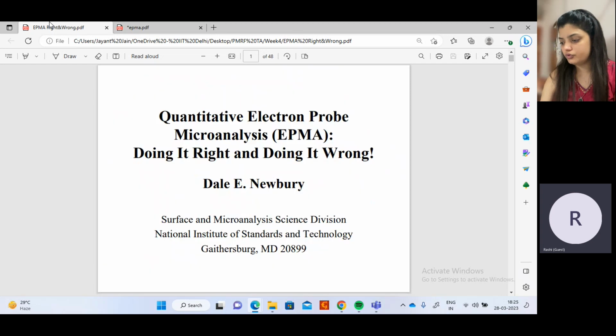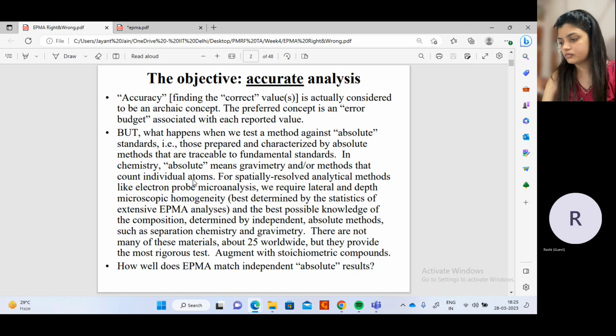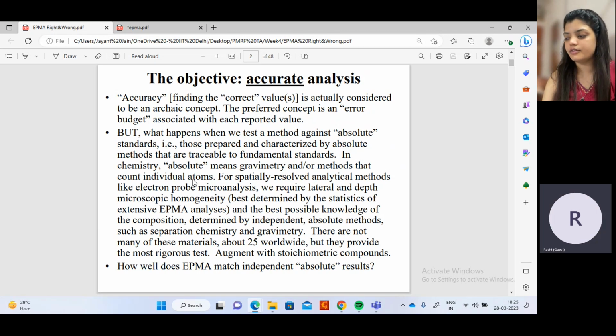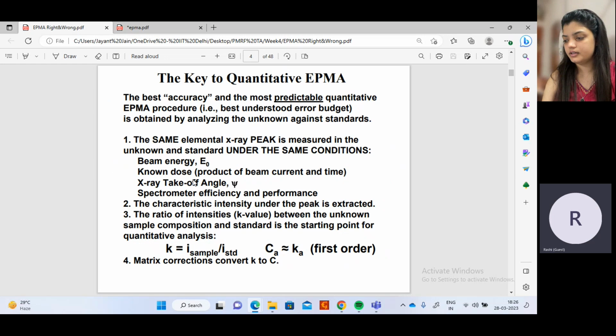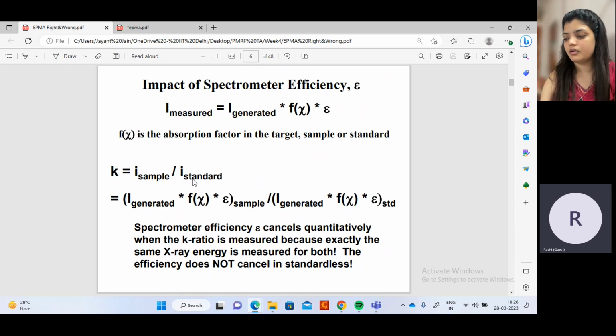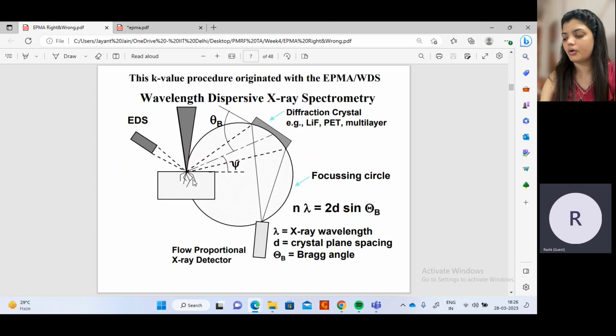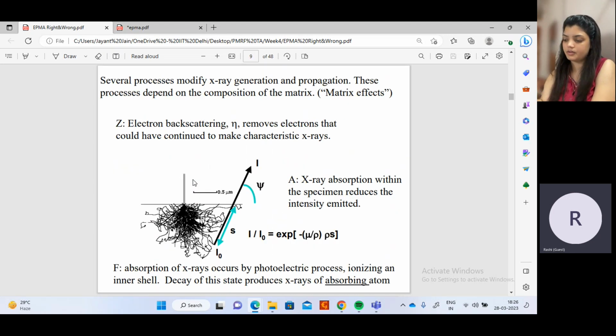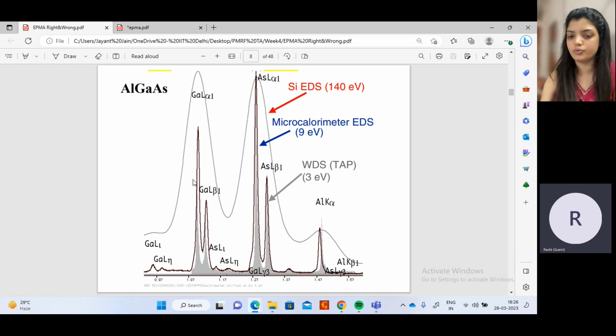I just wanted to show that accuracy, finding the accurate value, is considered to be a concept. So you can go through this. I'll share this presentation as well. This is nothing but just like how we have done for FESEM, how the intensity, and then how WDS is to show. So as you can see that